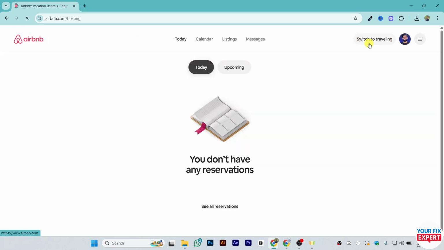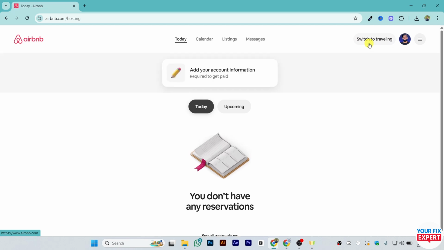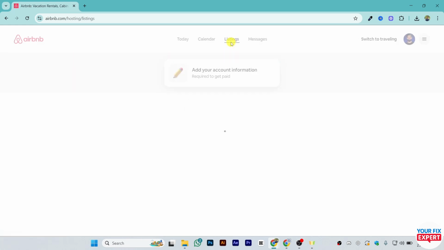You will see an option. Make sure to do it from the web page as you will not be able to do it from the mobile application. So go to switch to hosting, and from here you can just go to the listings option, and